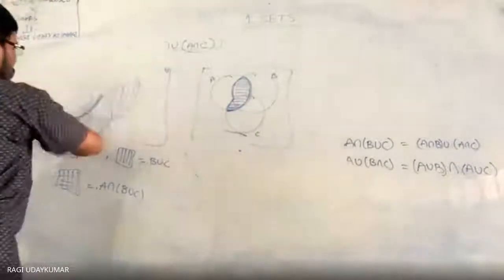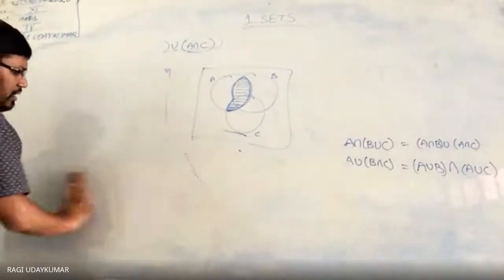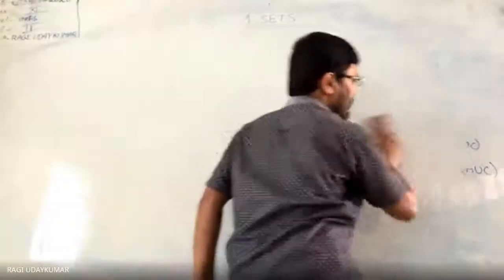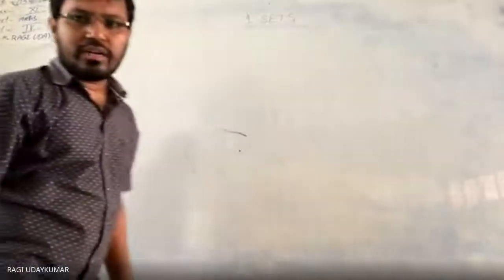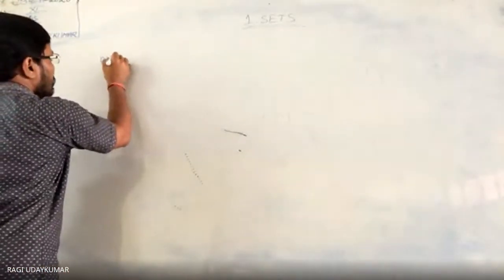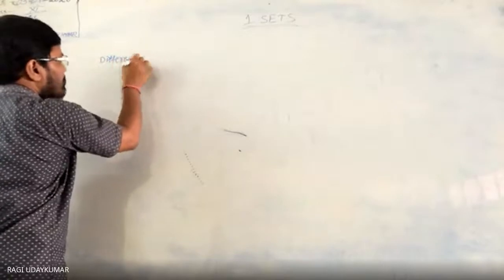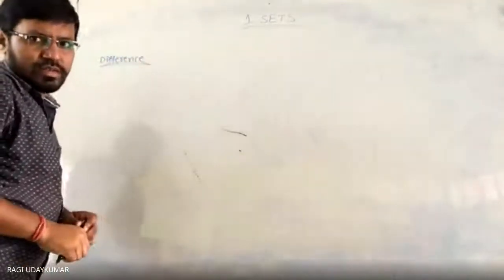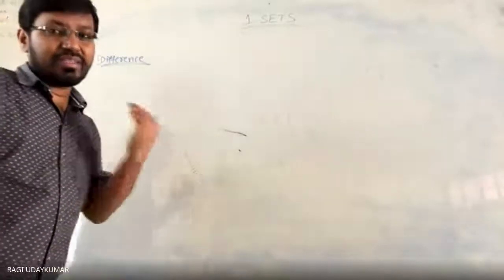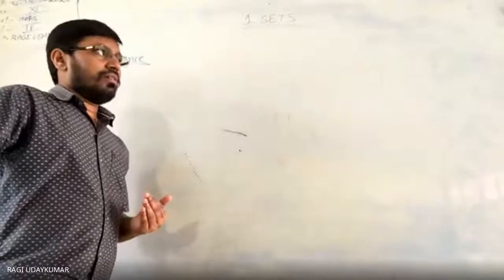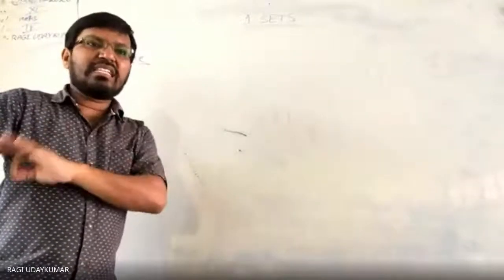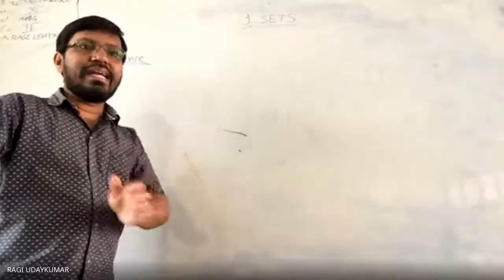Actually, this is deleted from the syllabus, but you can learn it, because based on this you are going to have some more concepts also. Difference of the two sets: A and B are the two sets given. With numbers, difference is nothing but greater number minus smaller number. But in case of sets, greater set minus smaller set will not be usual. Difference of A and B is nothing but A minus B. Difference of B and A means B minus A.